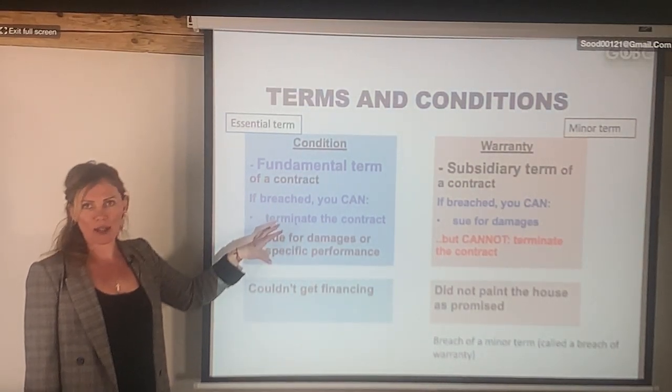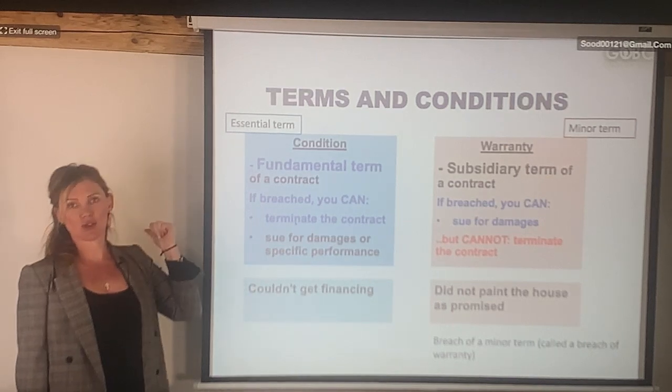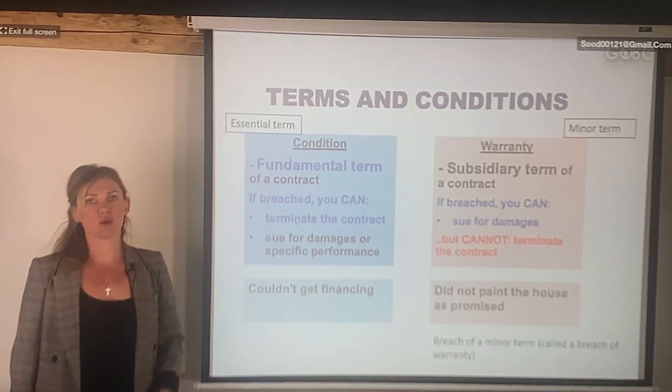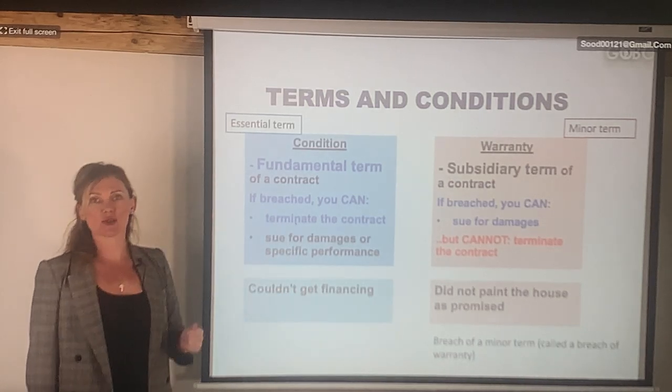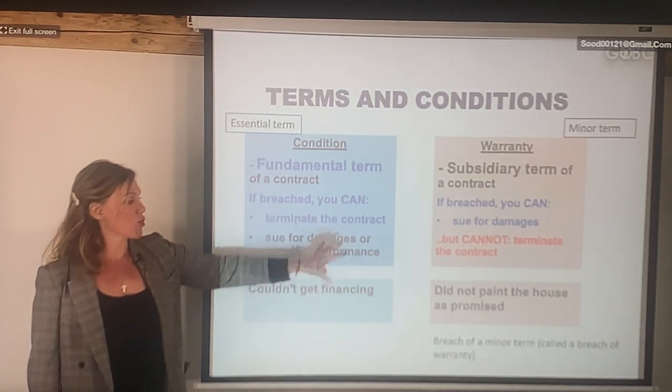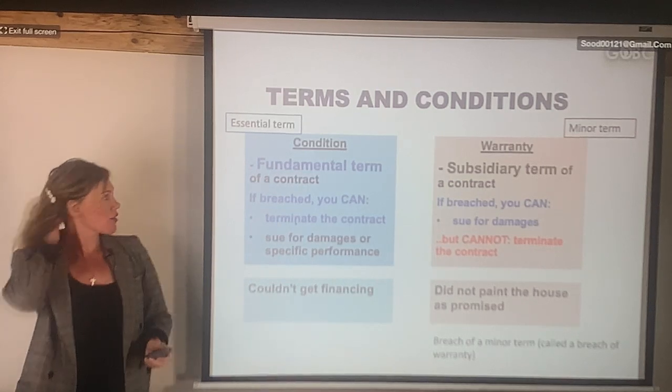So here you can walk away, because if you don't satisfy one of the conditions, you have the right to walk away. But the warranty is basically the seller gives you the warranty. If you state it inside of the contract of purchase and sale, then you can come after the seller and sue him for damages, so he pays you for that. Okay, so that's why it's so important for you to add everything that you deal with into the contract.